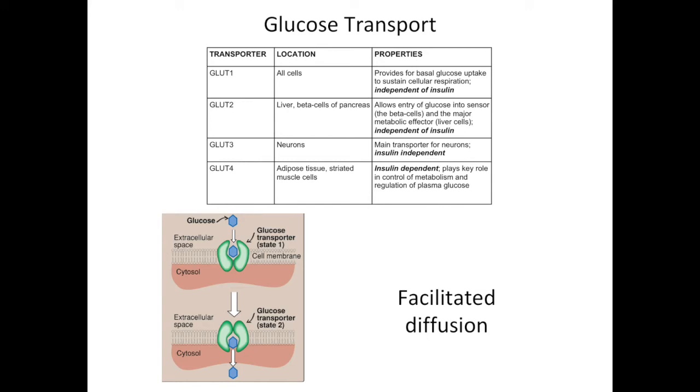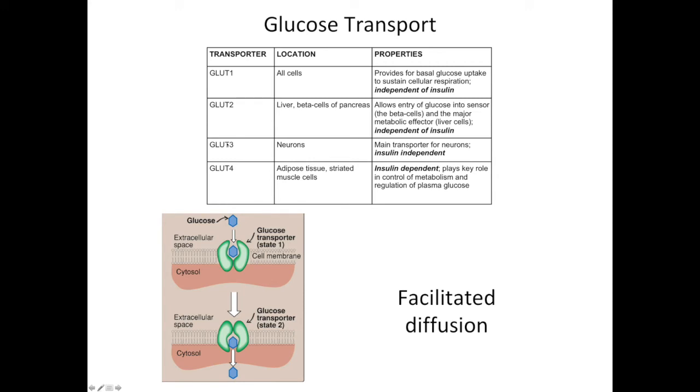Well, it's impermeant, and so it needs to have a molecule that helps it get across. In the gut, we talked about the sodium glucose symport, using a sodium gradient to draw in glucose from the lumen of the GI tract. In the body, it's just facilitated diffusion, and all cells have at least one type of glucose transporter, this GLUT1, and it provides basal glucose uptake for all cells. It's important to note that it is independent of insulin,